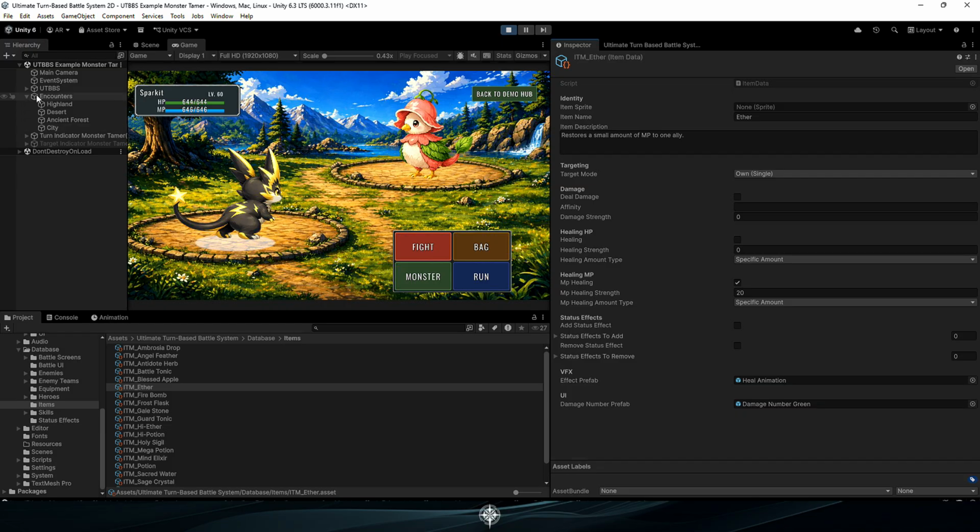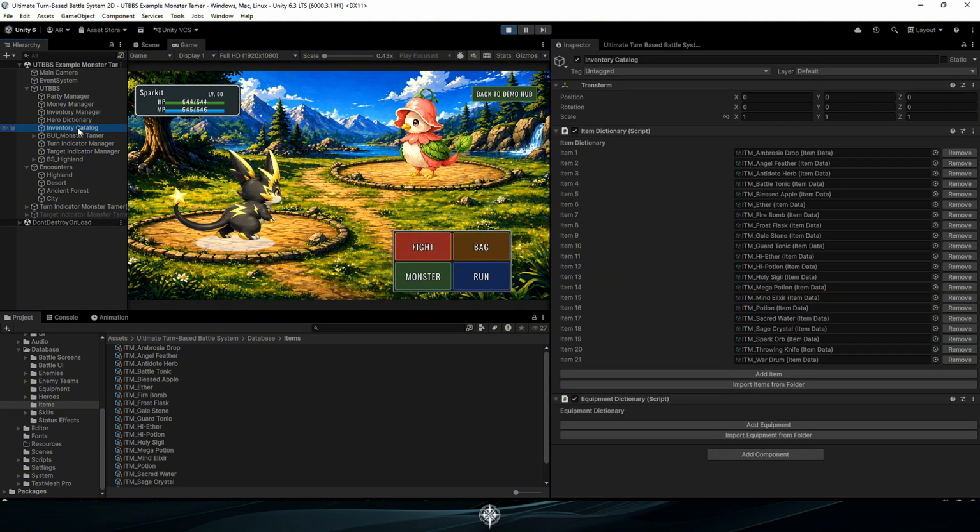Now let's talk about how items are used by the rest of the battle system. The Create Item tab only creates the item data asset. To actually make the item available to the player, it needs to be part of the inventory setup. The inventory manager stores the available items. The battle UI can then display usable items during battle. When the player selects an item, the battle system reads the item data asset and applies the configured effect to